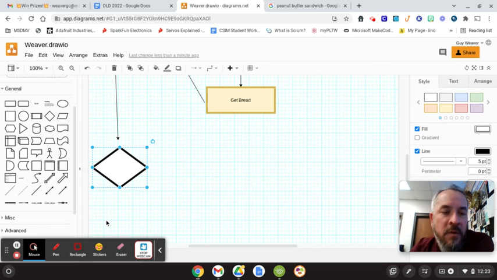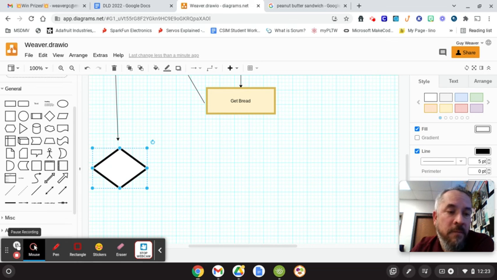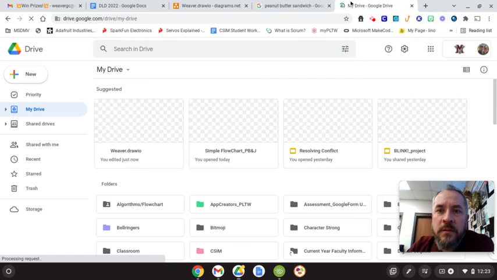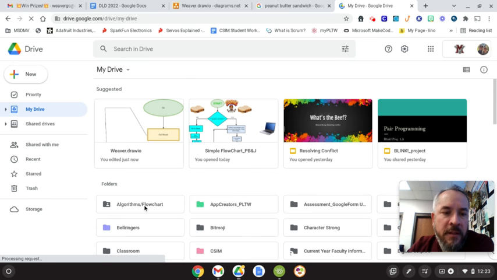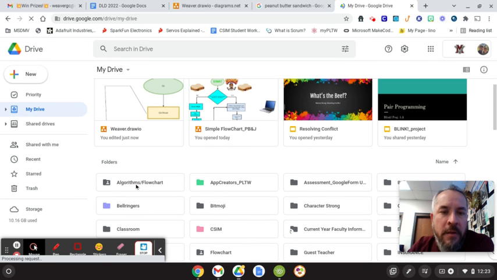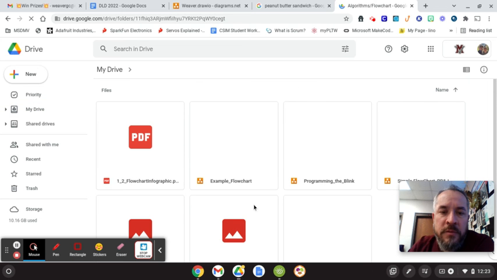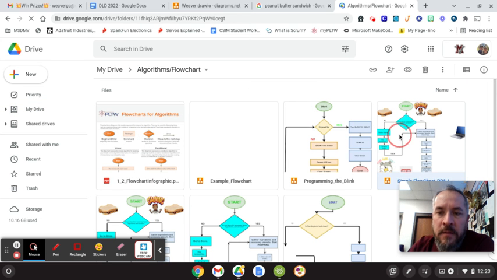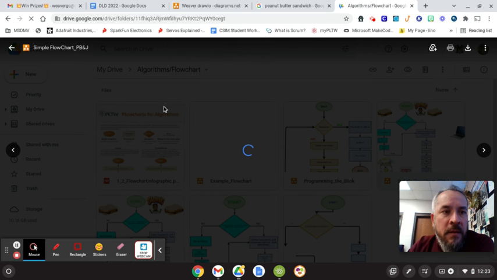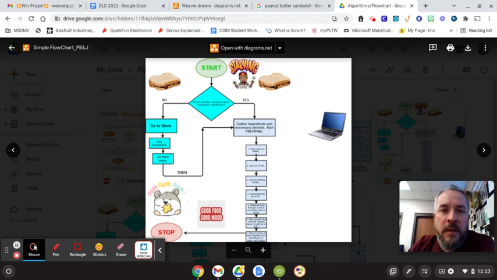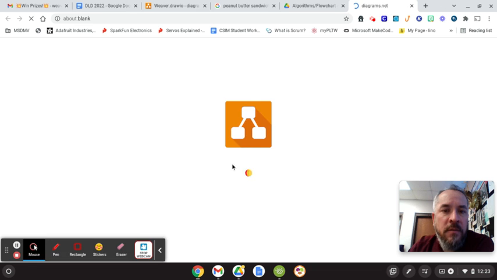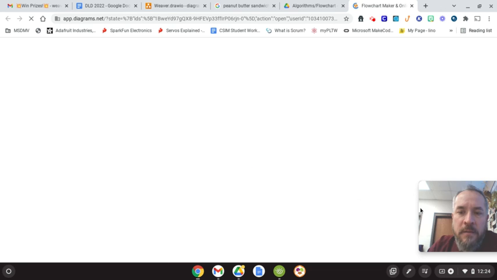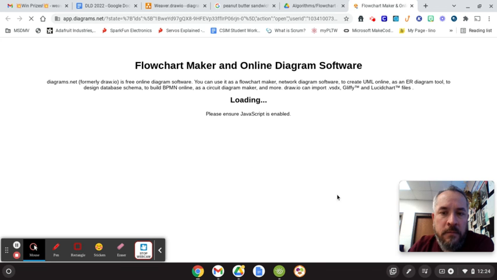Okay, I'm going to pause this and go get my example of peanut butter and jelly sandwich. One second. Okay, and again, everything gets saved to your Google. So I have everything in a root folder called algorithms and flowcharts, and we're going to open that up. And we're going to go to a sample flowchart that was designed in draw.io. It'll open up for you, and then you can open it in draw.io. And here is the, wait for it, finished product